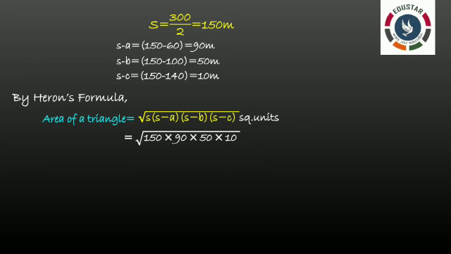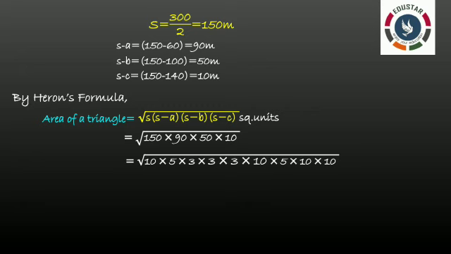So, separate the factors. Only if you practice the steps by writing, you will get an idea how to separate the factors. So, do it by yourself, guys. See, I have separated this 150 as 10 into 5 into 3 and this 90 as 3 into 3 into 10 and this 50 can be written as 5 into 10 and last I have written what? 10. So my next step is square root of 10 into 5 into 3 into 3 into 3 into 10 into 5 into 10 into 10.